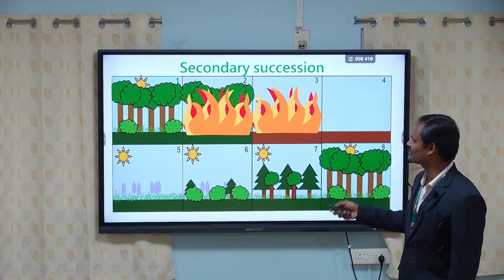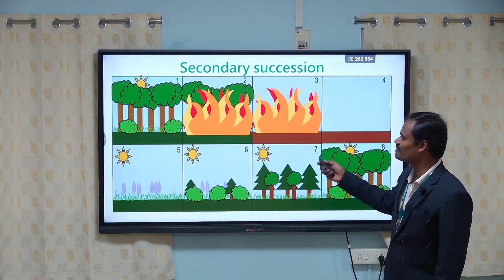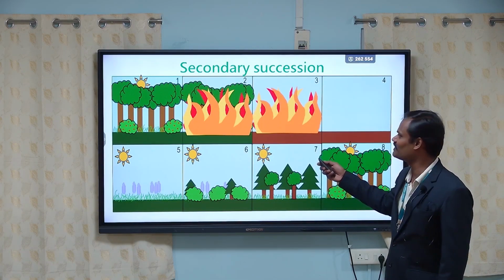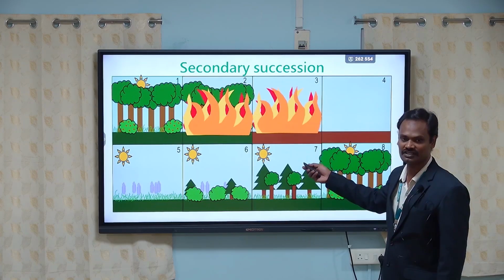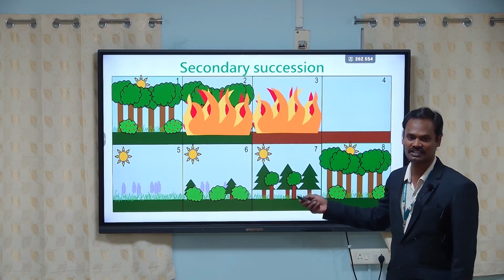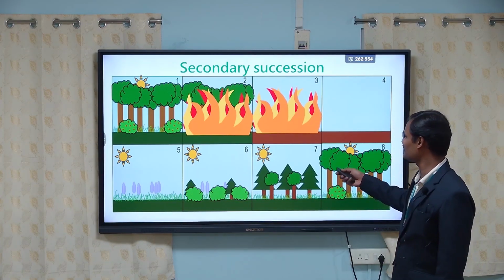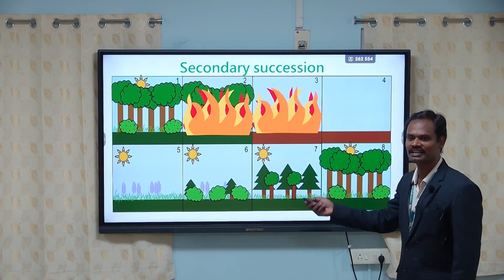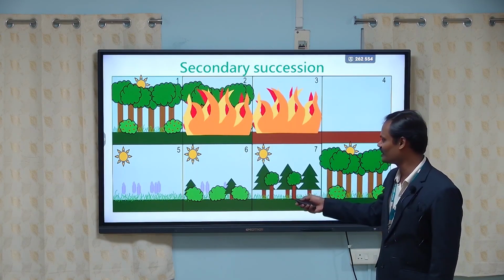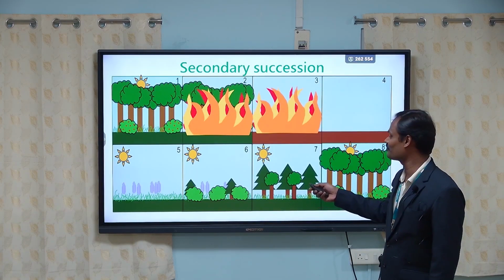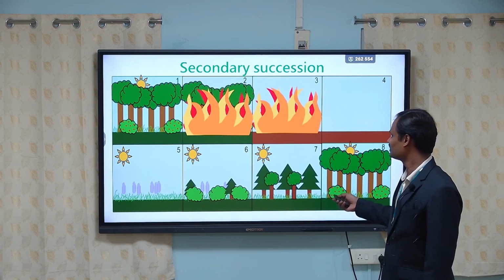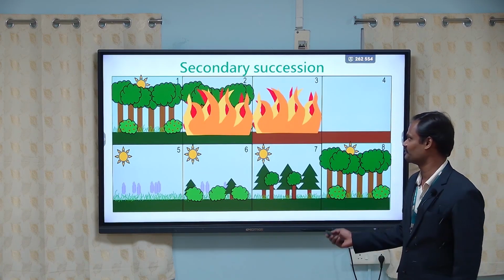Whereas in secondary succession, a stable community resulting from primary succession is devastated by natural calamities, such as forest fire, volcanic eruptions or landslides, which create barren land. Once again, the plant community starts to occupy the new environment, and the succession occurs rapidly in that barren land. This succession is called secondary succession.